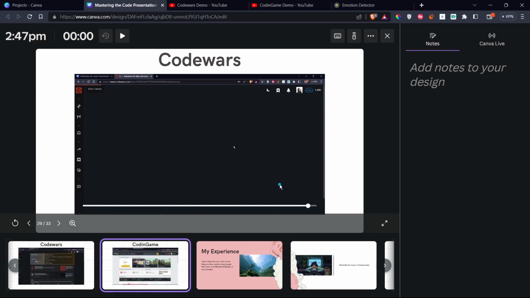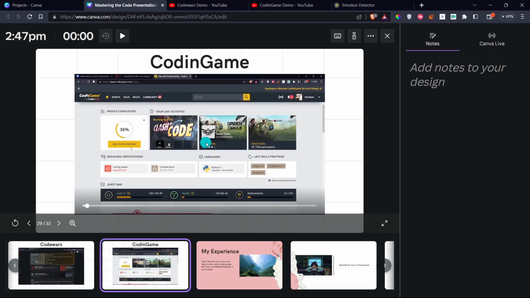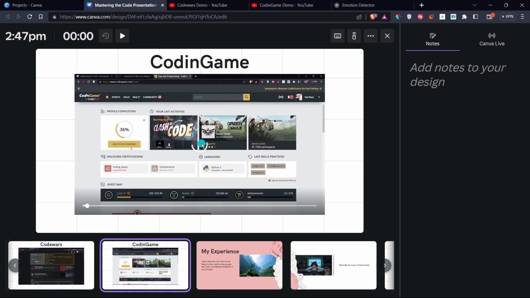So the next website is CodinGame. In this website, there's a fun and interesting round called Clash of Code, where there are three modes. First is the fastest code wins. Second is the shortest code length, like least number of characters. And third is guess the code, where there'll be input and output given, but no statement. You have to figure out the pattern and appropriately generate the code.